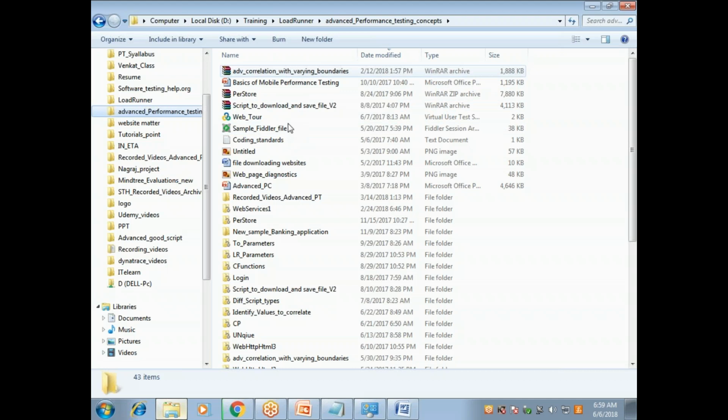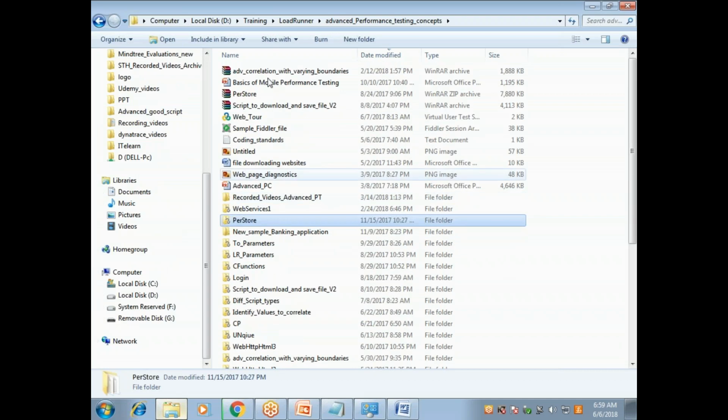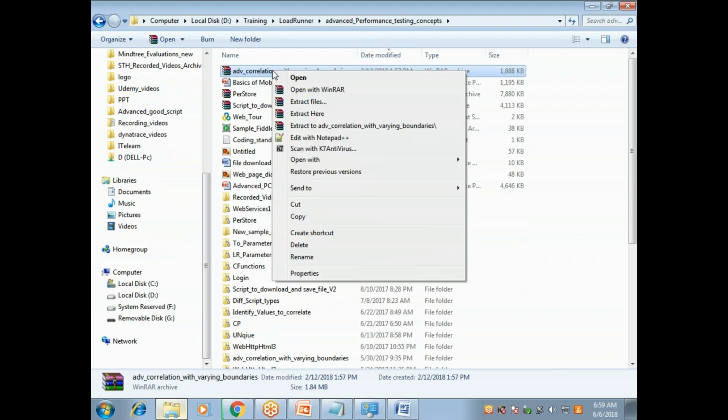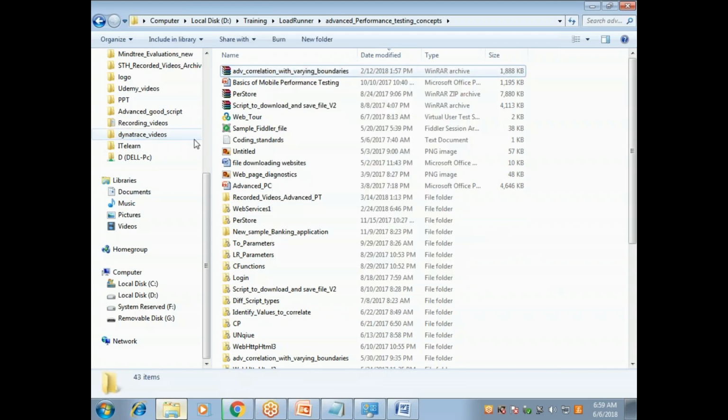So usually this is not the zip file that you get, but usually a zip file looks like this if you have WinRAR installed. If not, it will show something else. You have to right click, and if you have WinRAR installed, you have to extract it. So once you have extracted the file,